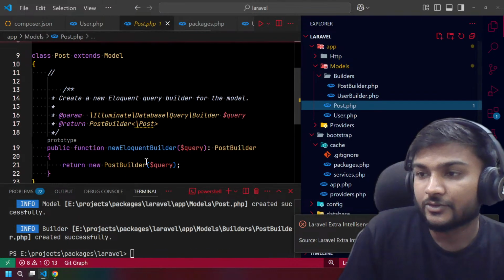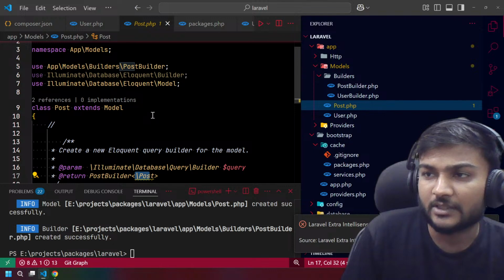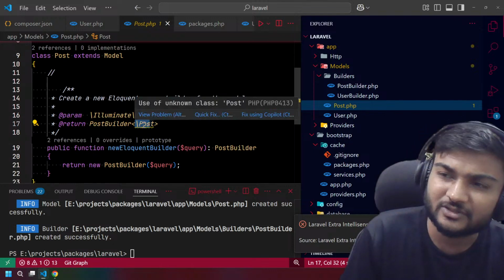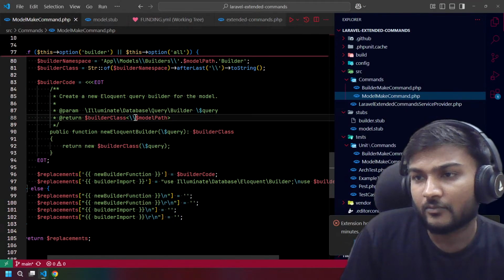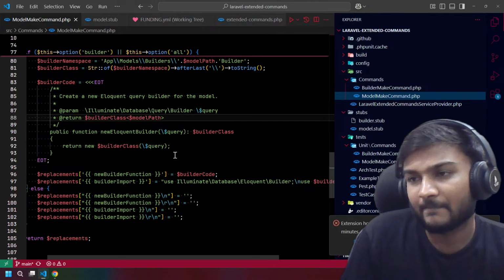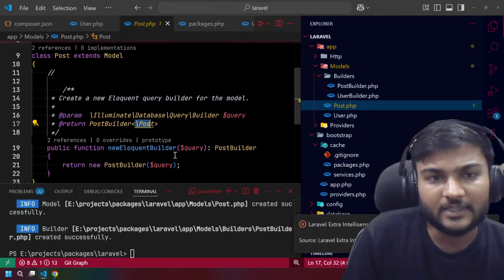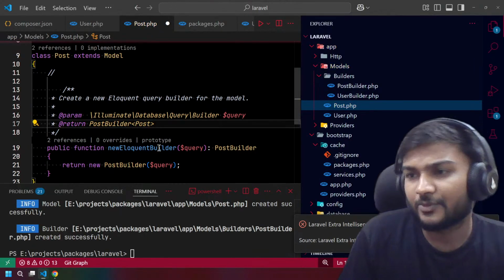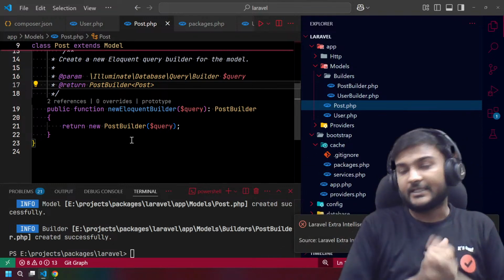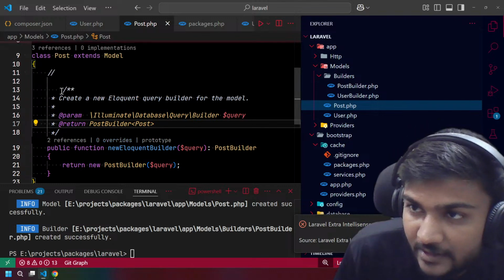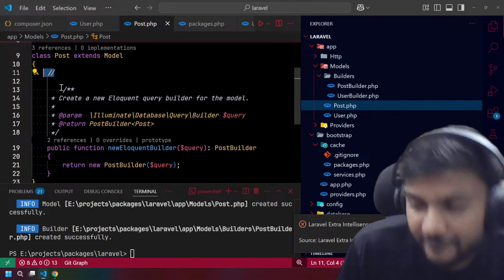Perfect. So this time we are just having this post problem. Otherwise, everything is fine. But we actually do not need to import this post. So let's just remove this. That problem is also solved, right? So suppose it is removed. Finally, everything is fine, right? But we are now getting an issue with this stuff and this stuff, right?